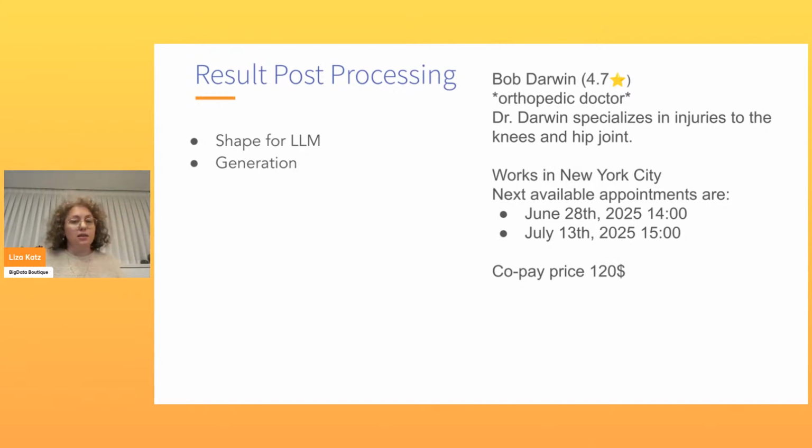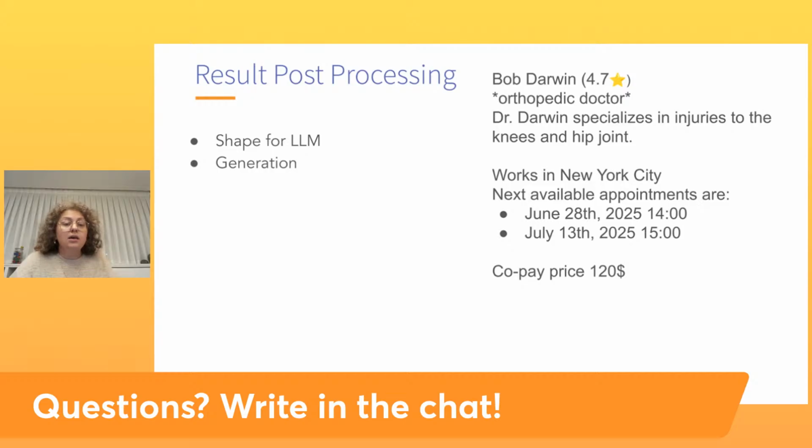I would say the doctor's name. I would definitely highlight their profession, their specialty. And I would also add information about their availability. I could tell the LLM that I want to set the appointment with the cheapest doctor or maybe the nearest appointment. So I could also provide information that helps the LLM make decisions.